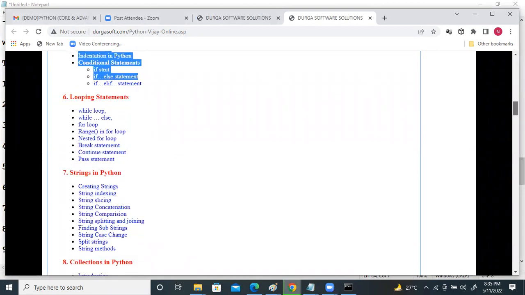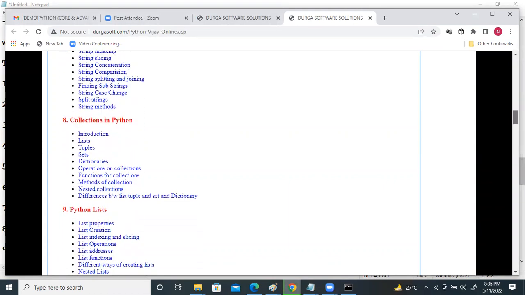Strings in Python, string handling: string indexing, string slicing, string functions, string methods, string special characters. A lot of discussion on strings.